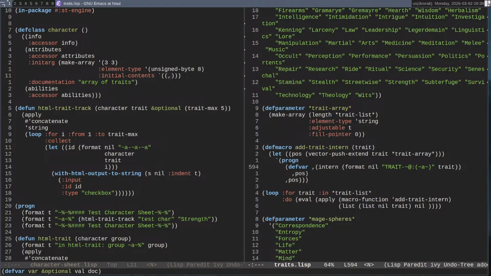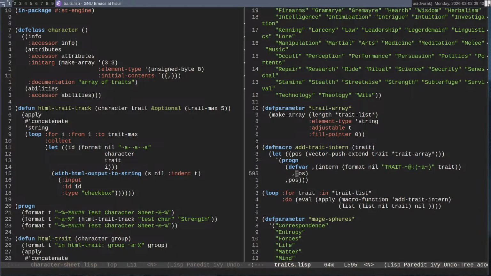So we're then giving that to defvar. And the reason I had to do it this way was because the first parameter of defvar and defparameter has to be a symbol. It cannot be a form that returns a symbol. So I've done this magic so that we turn this into a symbol before it actually tries to invoke defvar. And then we're setting that symbol to the value.